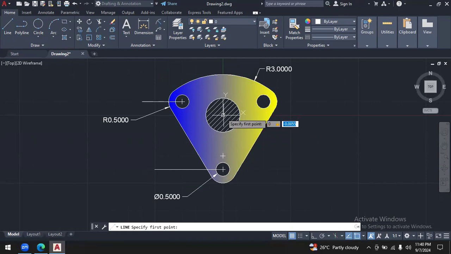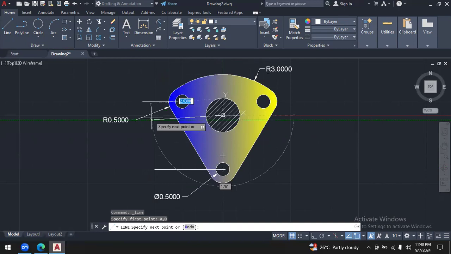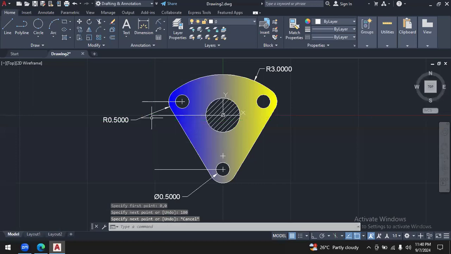Okay, let me type it for you. And the angle of 180, tab 180, enter, escape. Let's delete the radius from here